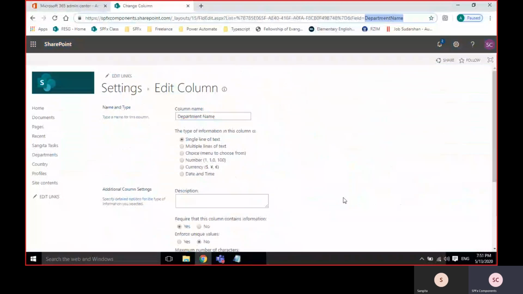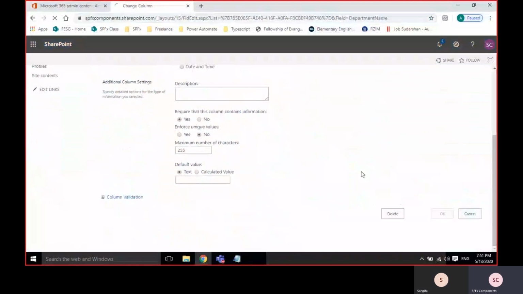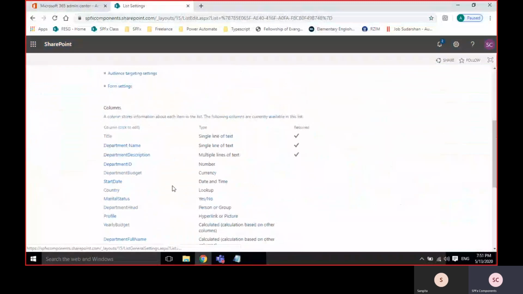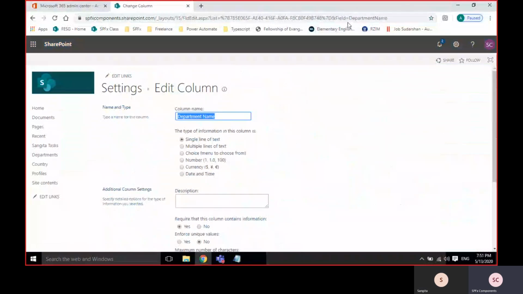See now, the look and feel is department name with space, and the ID is without space.